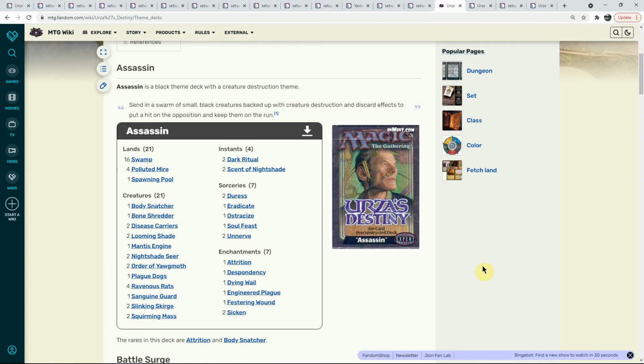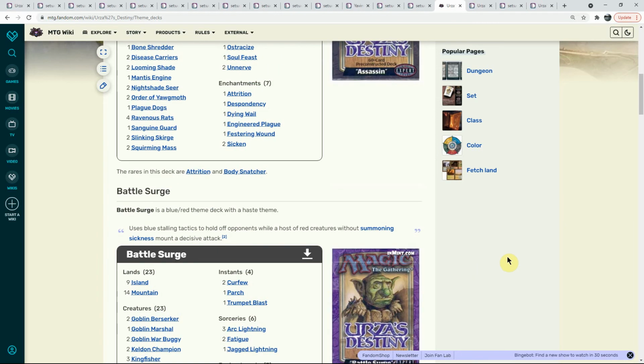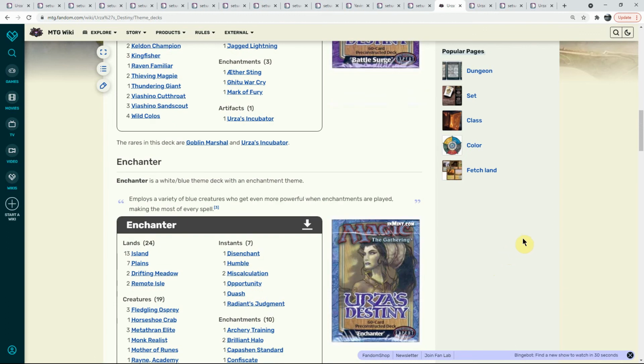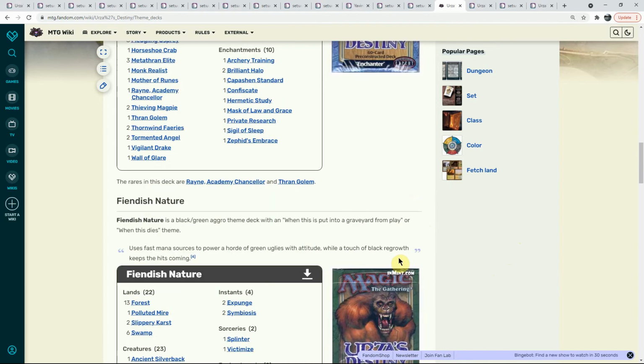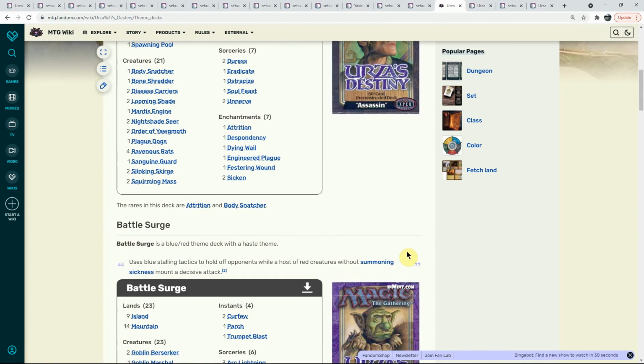So we've got Assassin, which is a mono black theme deck with a creature destruction theme. Battle Surge, a blue-red theme deck with a haste theme. Enchanter, a white-blue theme deck with an enchantment theme. And Fiendish Nature, black-green aggro, which uses the when this is put into a graveyard from play theme, or when this dies theme. So this is probably, I suspect, the other ones